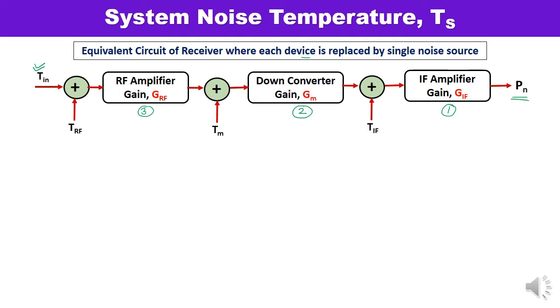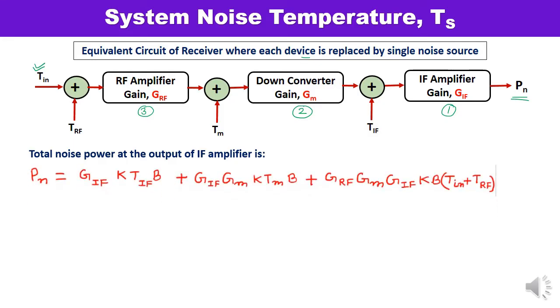So accordingly, one by one we are going to write it over here. Noise power at the output of IF amplifier, which is denoted by Pn, that is equal to what? First write down the equation for IF amplifier. You know the formula. This is K T